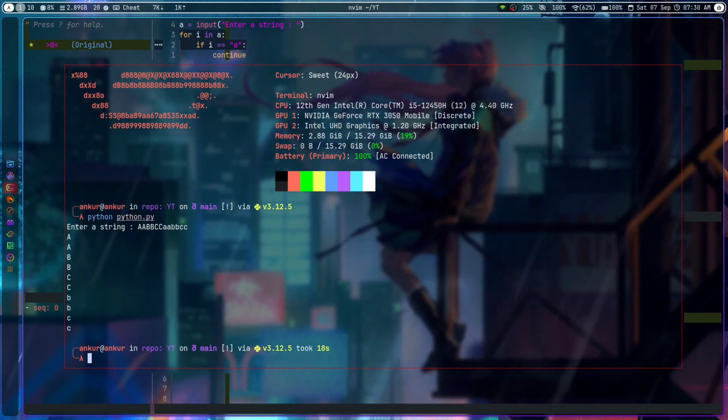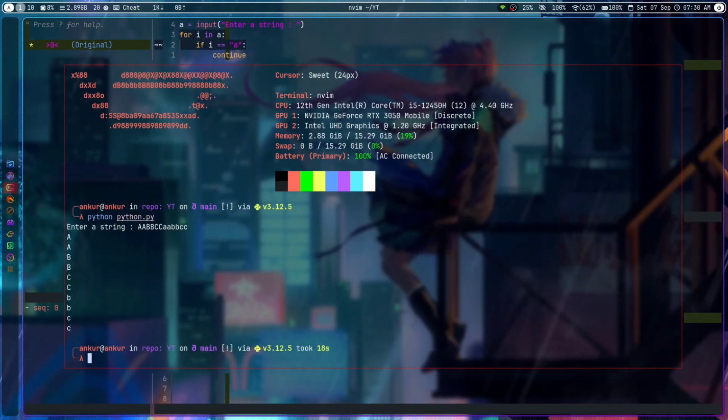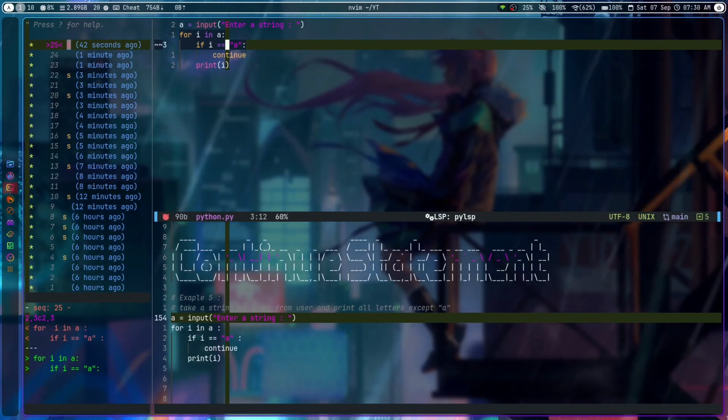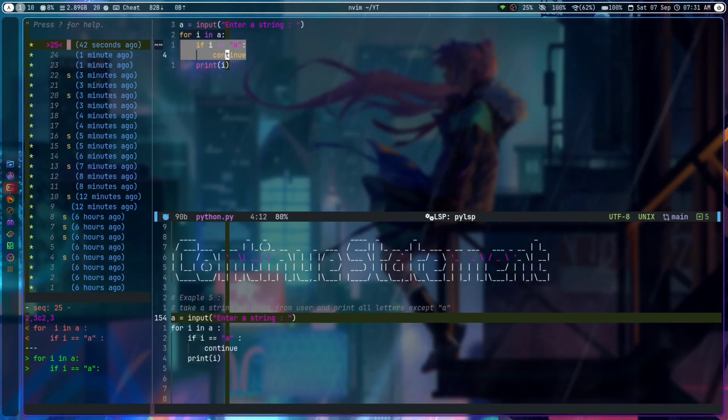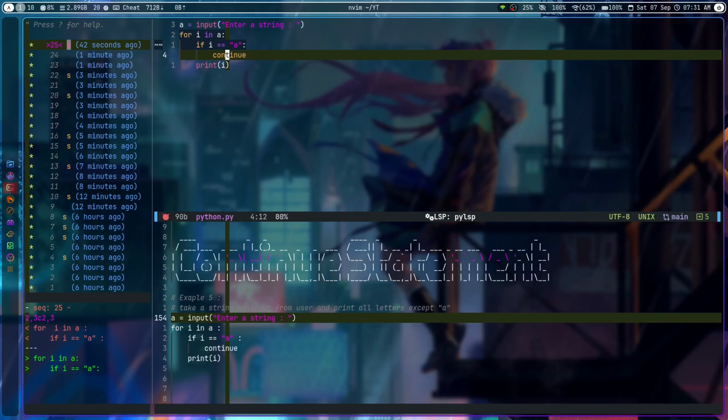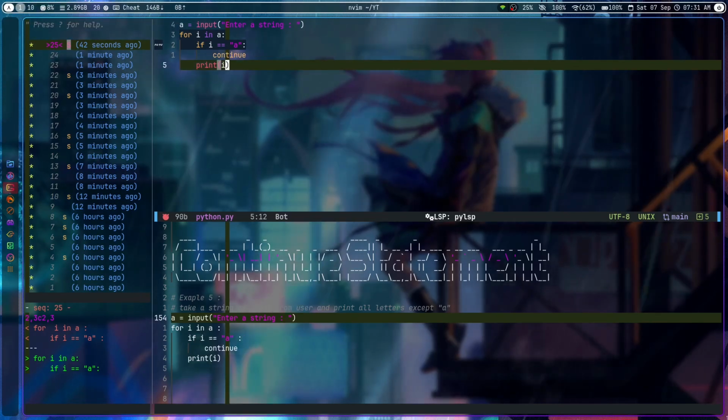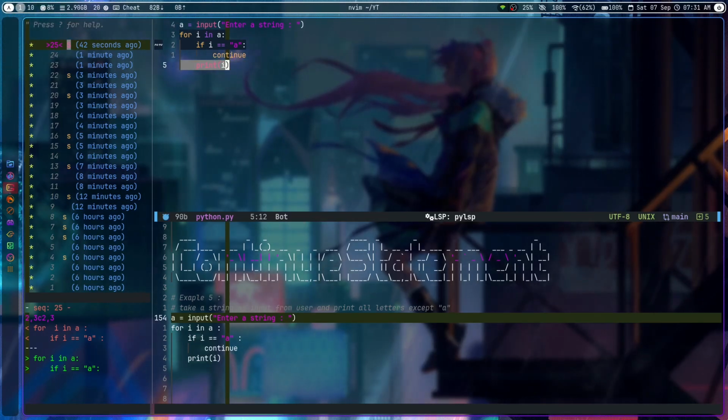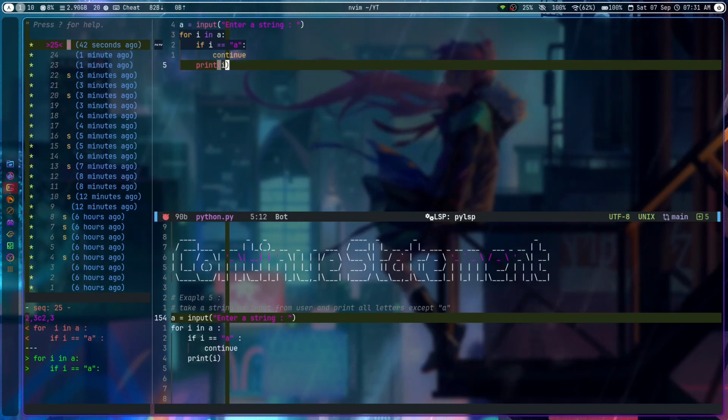Here you can see that it has printed all the characters except small a. Why? Because whenever it saw that I had become small a, it just skipped all the blocks below this, which means it skipped the print of I